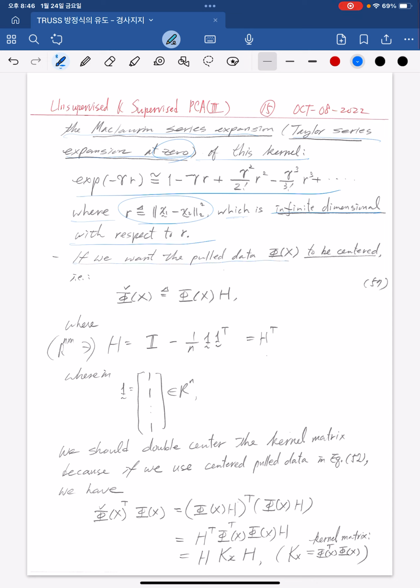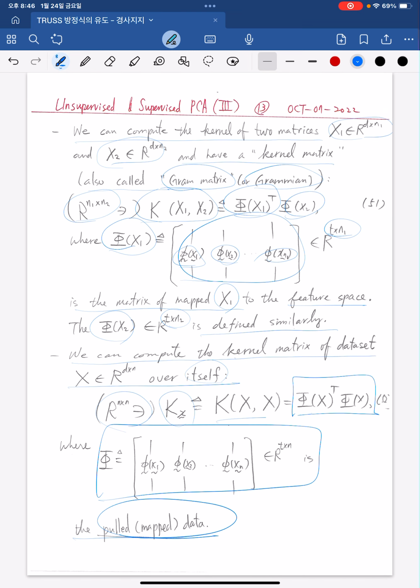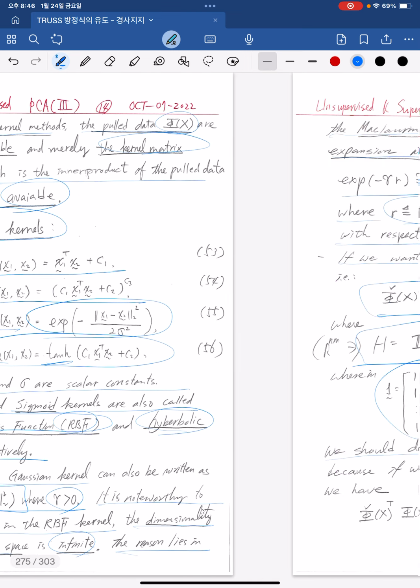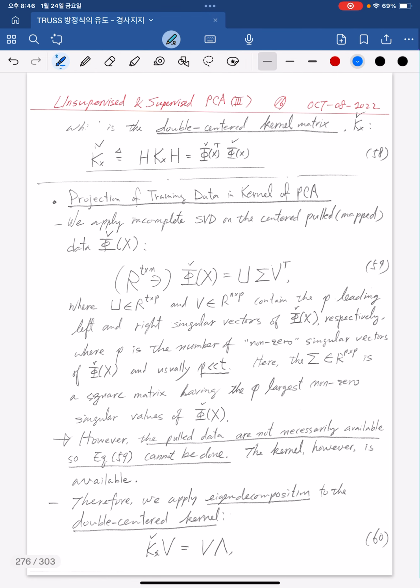If we want the full data phi(x) to be centered, the centering matrix H is like this, and the 1 vector is like this. We should double center the kernel matrix, because if we use the centered full data in equation 52, we have the double-centered kernel matrix K(x) like this. The projection of the training data in kernel PCA